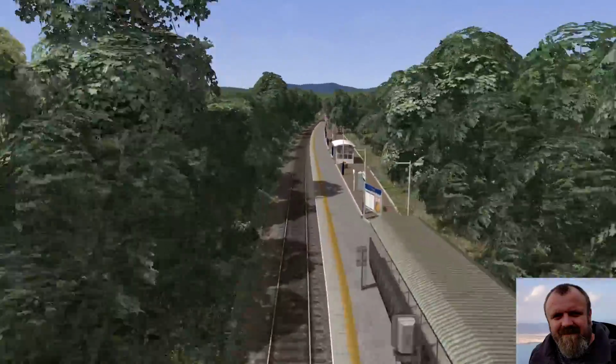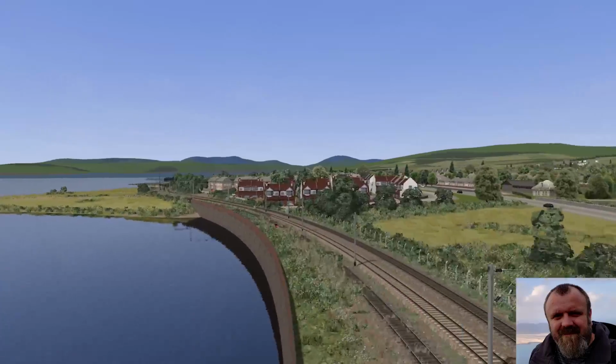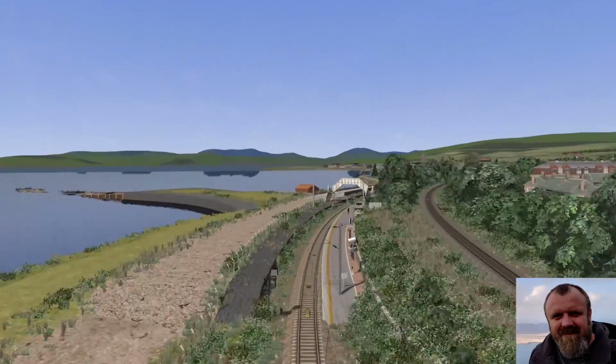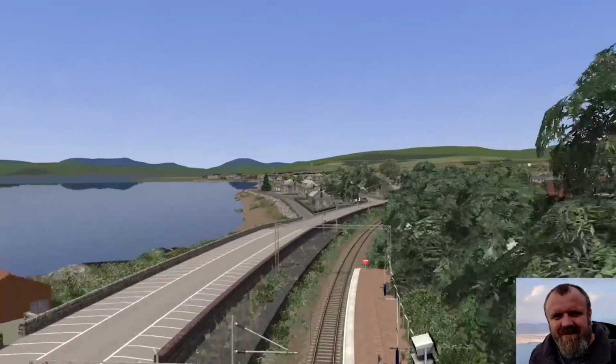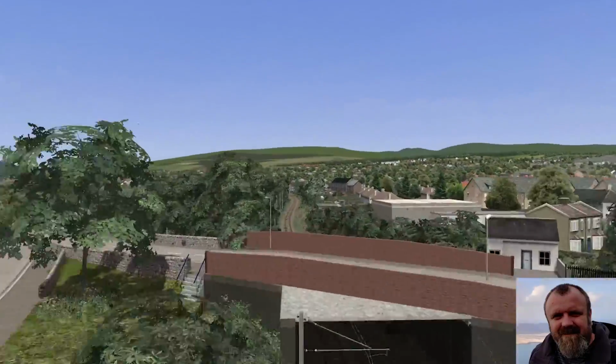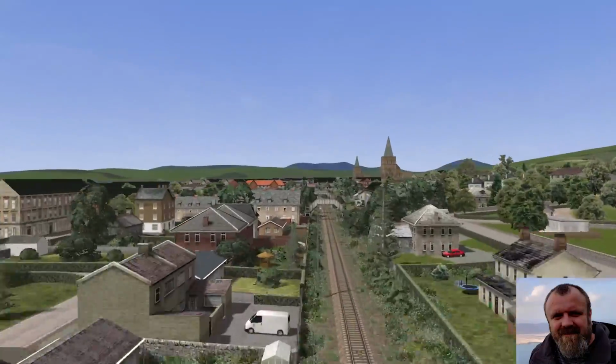And ending at Helensburgh Upper, with the boundary of the route being just beyond us. Getting from Craigendoran Junction, you go down to the left to go to Helensburgh Central, which is the terminus of the electric services. This all used to be double track in the 60s and 70s, but it was singled long ago. There we go, through the town of Helensburgh.